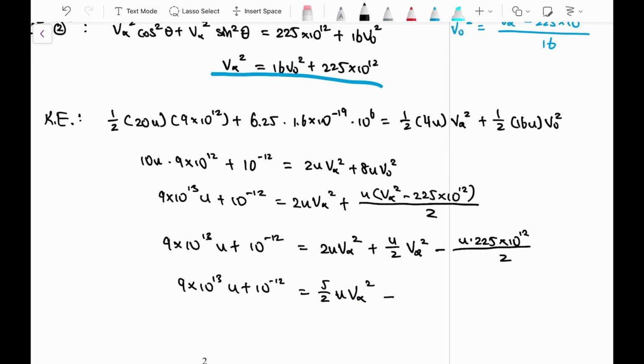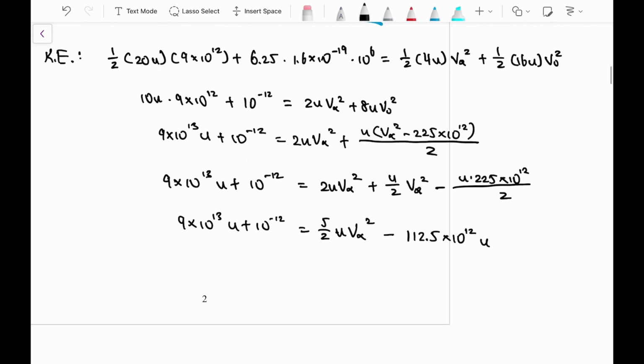That is 112.5 times 10 to the 12 times u. We are getting closer now. And then we can move it to the other side, which gives us